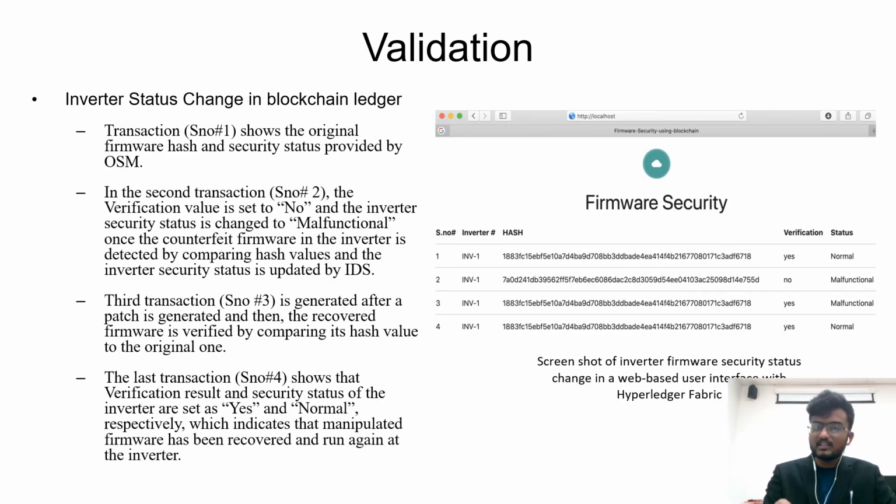As you can see, the screenshot on the right side is the list of the transactions that happened in the blockchain. The first transaction is sent by the OSM module: this is the firmware hash we have. This hash has been checked with the hash of the vendor, and it was a match, the verification was yes, and the status is normal. Next, we did the reverse engineering, that is, the penetration testing. We changed the relay value and the firmware has been changed. As the hash value has changed, it is a mismatch, the verification is no and the status is malfunction, and immediately the OSM's